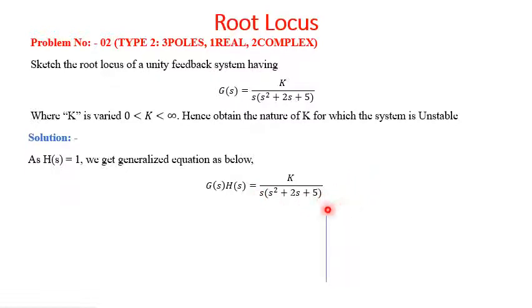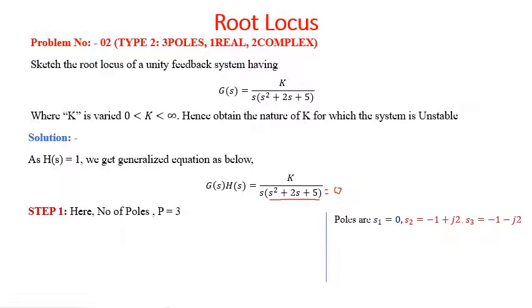So as I have told you, this is having 3 poles in the given problem. So how do we get these 3 poles? Let's see here. When we equate this to 0, we get one root, s is equal to 0. Then the other roots we get from this quadratic equation, s square plus 2s plus 5. In this quadratic equation we get 2 roots, hence the total number of roots will be 3, hence the poles are 3. So as I have mentioned, number of poles P equal to 3.